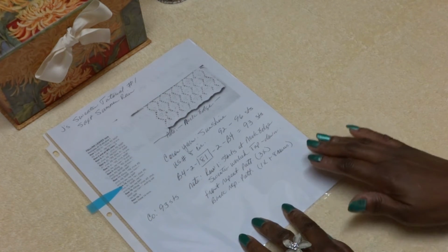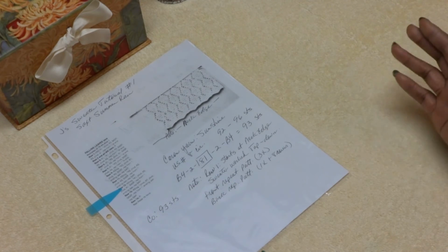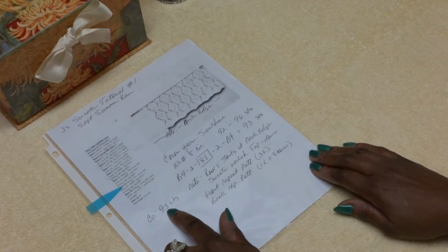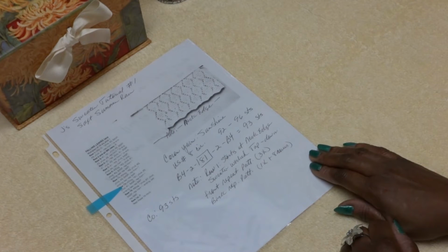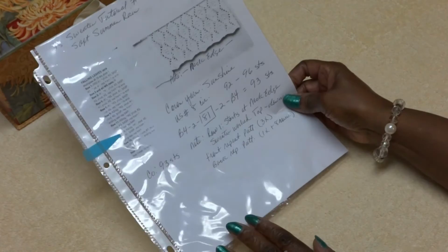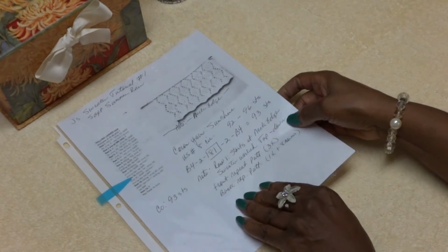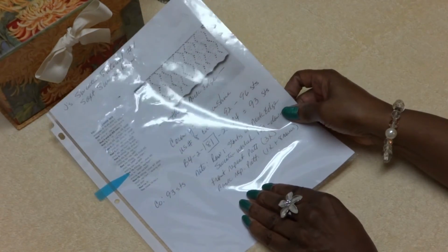I never have to figure this out again if I ever want to make this sweater in another color or something else. It's on here. It even tells me how many stitches I'm going to cast on. What do you think of that? And then I keep a nice notebook, a binder, and for every sweater I do, this is what I have that I can always go back to